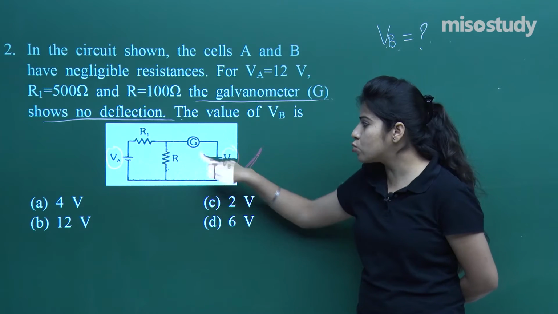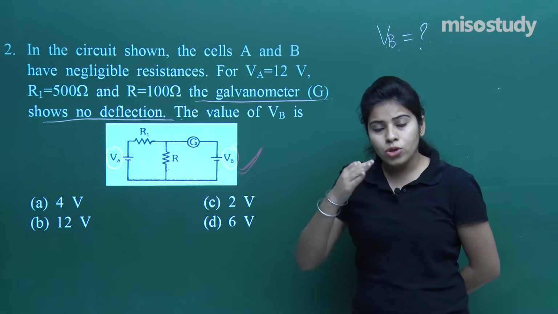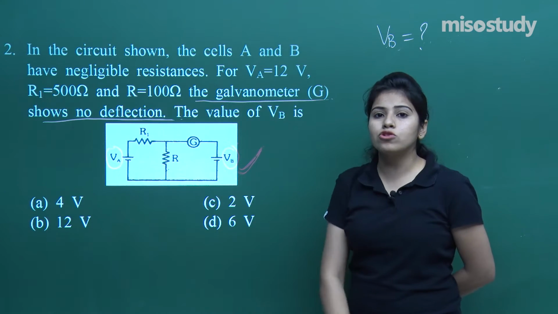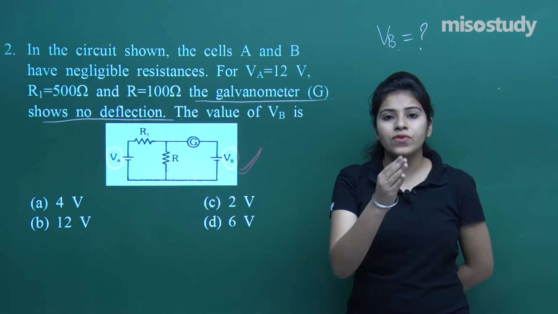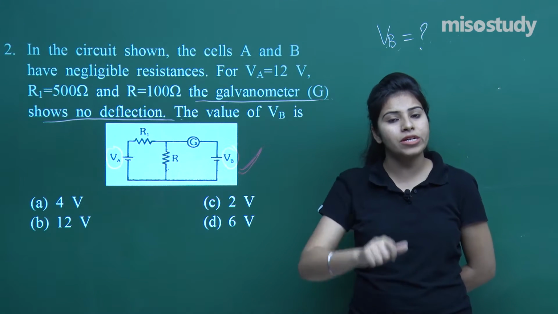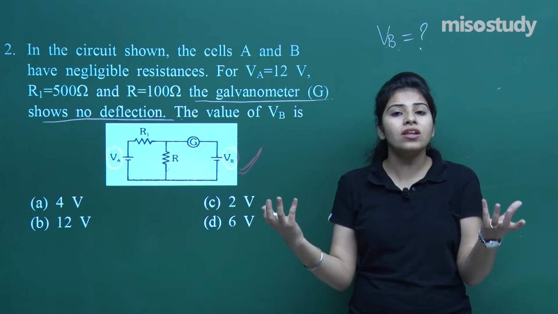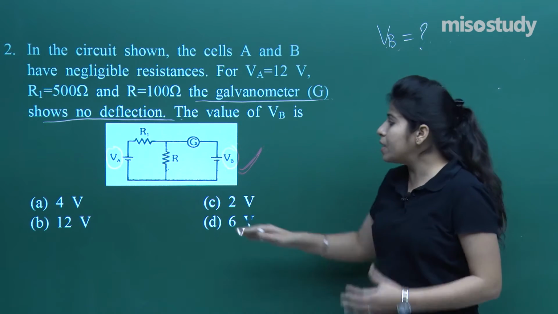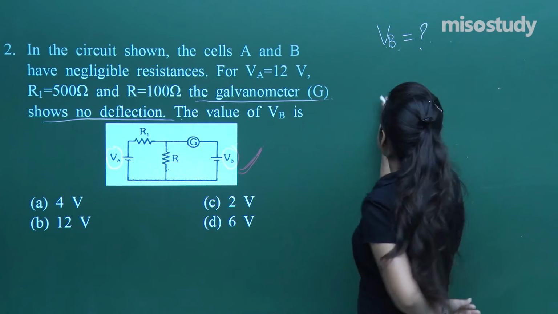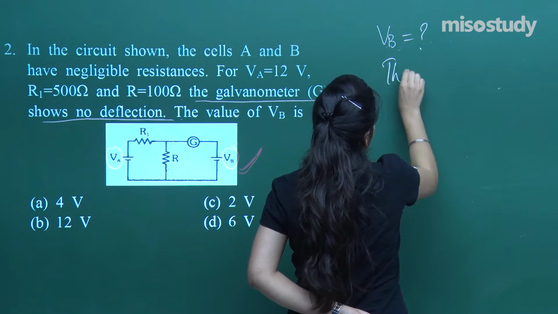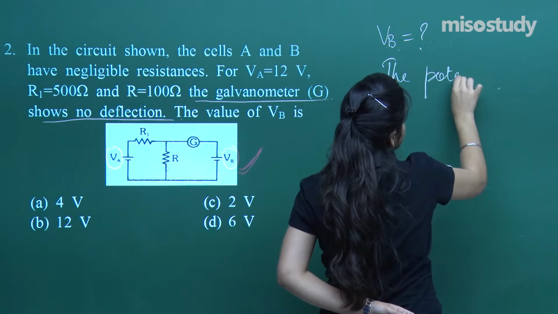That means no current should be flowing into this arm. No current means your potential at this point will be equal to the potential at this point, because we know that current always flows from higher potential to lower potential. But if the potentials are equal, there will be no flow of current. So the concept behind this is that the potential at